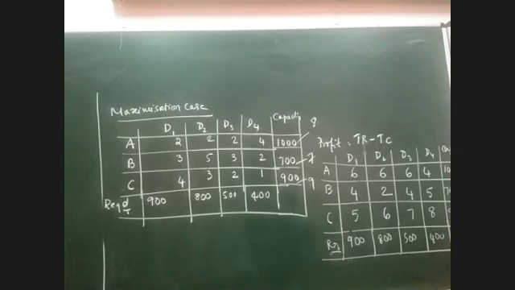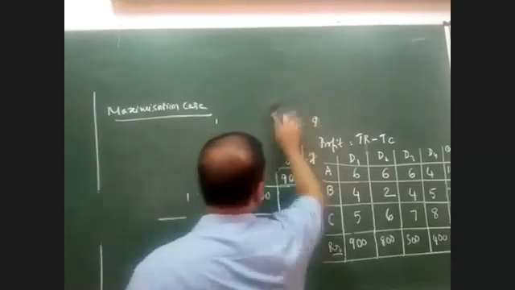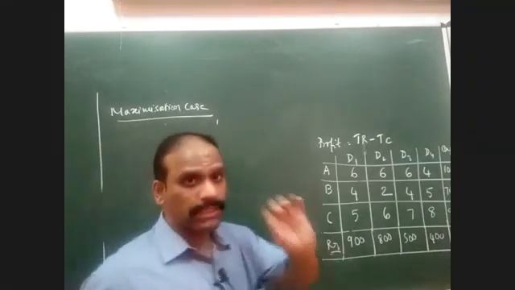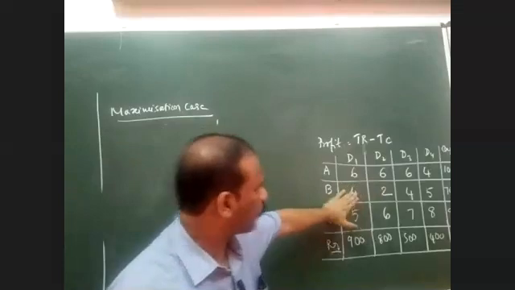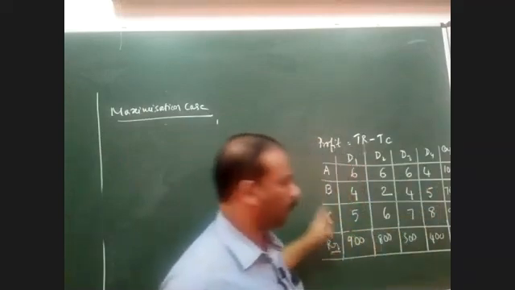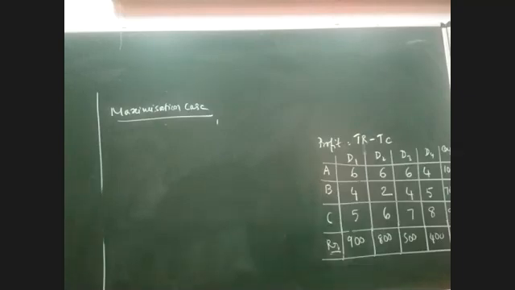Now we have this maximization case problem. Now, how to convert maximization to minimization? That's the next step. I'm just writing it here. Please look at the book carefully. A simple procedure followed to convert a maximization problem to minimization is to identify the highest value in the entire table. That's the only step here. I'm repeating it again. The process employed in converting a maximization problem to minimization is to identify the highest value in the entire problem.